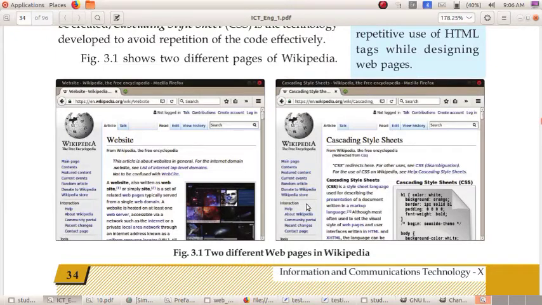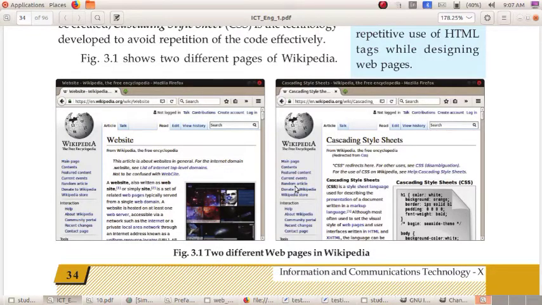Then you can see the logo of Wikipedia. See the logo of Wikipedia in both the web pages in the same position. Okay. Then this navigation bar is in the left side of this web page. Here also it is in the left side. Okay, right, the navigation bar or navigation panel is also same for both the web pages.